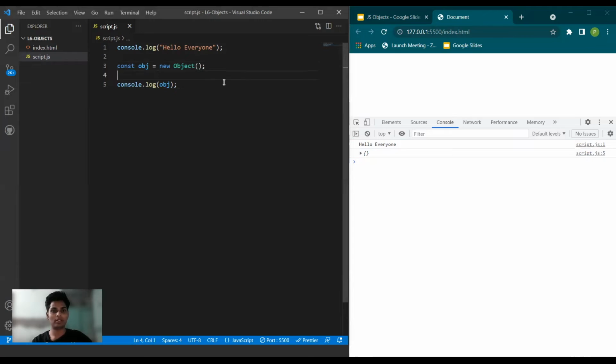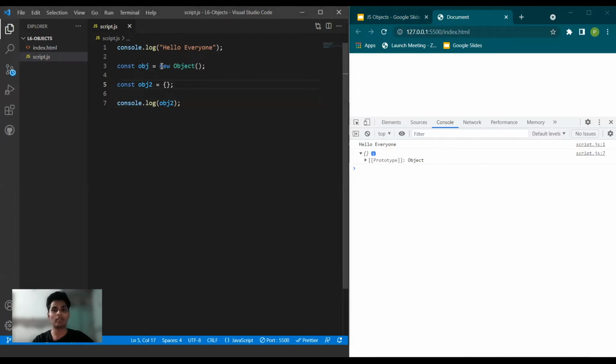So let's see that. But before filling an object with the key value pair, let's try to make an object with the help of object literal. So this method is quite easy. What you need to do here is just create a declaration and make it equal to curly braces. Open and close curly braces. With the help of that, we have created a new object. Let me print the object too. As you can see, it is completely the same as what we created with the help of new Object. And the syntax is quite small.